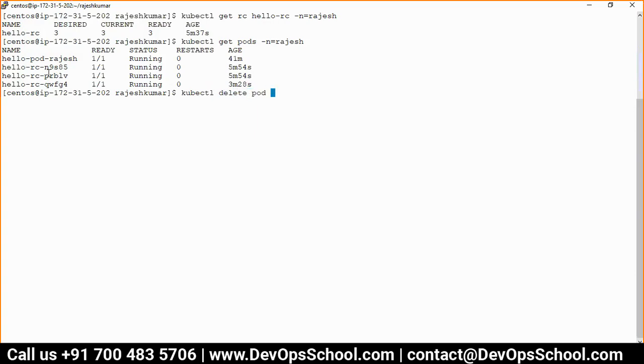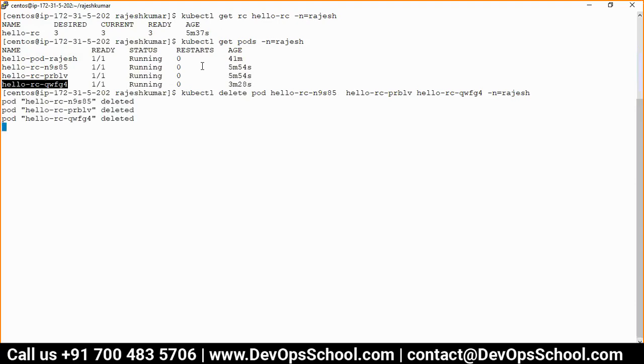Manually I'm deleting, but not through accident, but you can understand this. I delete all these pods manually. Nodes can go offline, hardware issues, software issues. It can be any issue. I deleted all these pods.